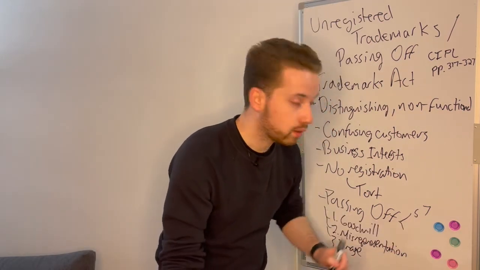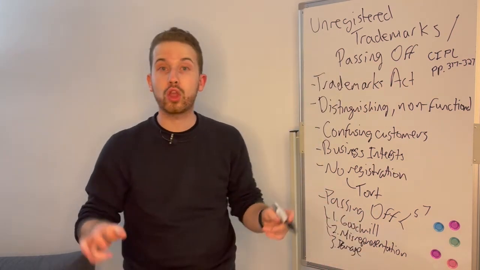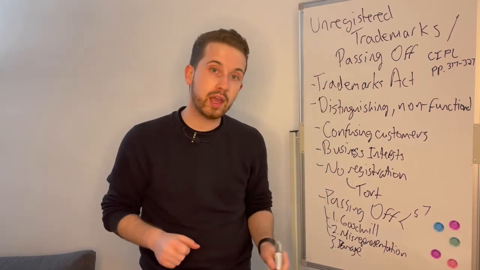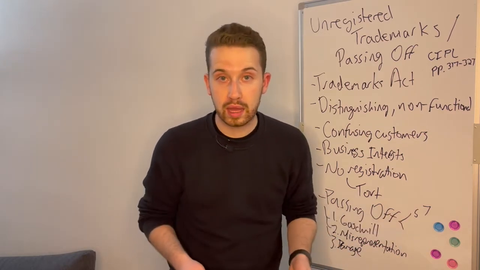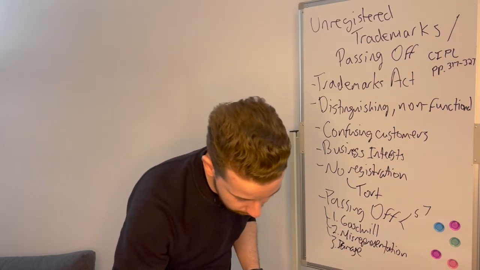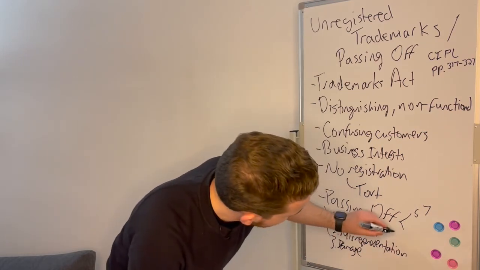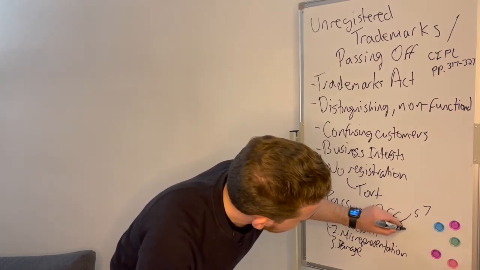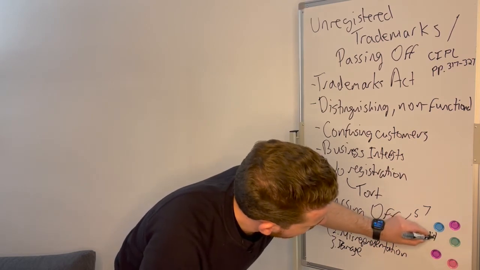So now it's codified under Section 7, and so your passing off doesn't rely on the common law criteria, but really relies on the Section 7 criteria, which are the exact same, but originate in a statute, not in judicial precedent. The other thing that I wanted to tell you, right, is that it is only for what we'll call